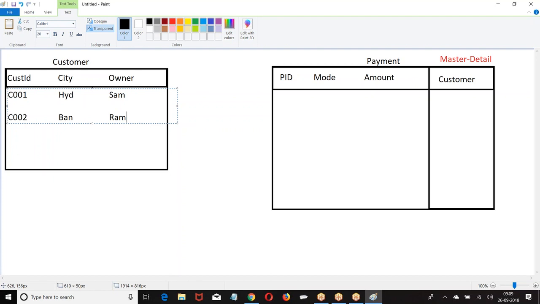Okay. Next point. When two objects are connected with a one to many relation, in which object do you create the master detail? In one to many, on the object which has many, on that object you create the master detail field. Customer and payment: one customer will make n number of payments. So where are we creating the master detail? On the payment object. This payment is made for this customer.